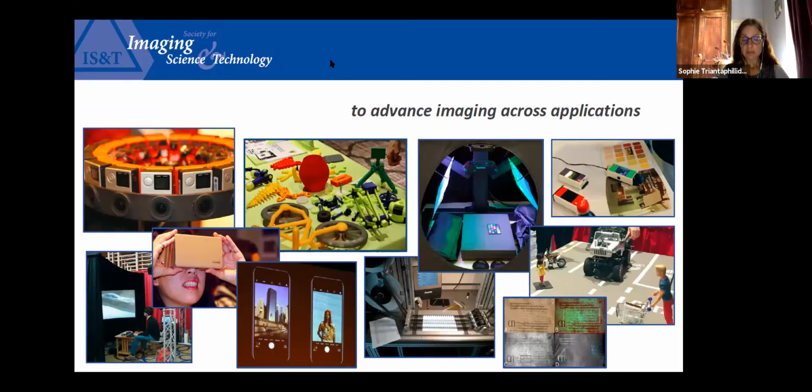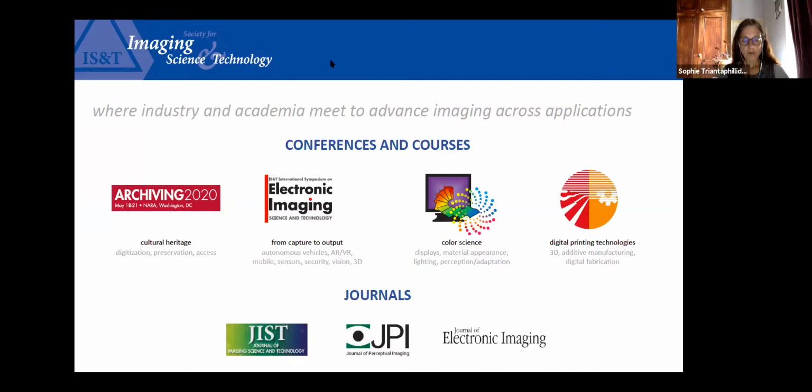IS&T spans imaging across applications from capture through processing to output to vision. Our conferences, courses, and journals offer a place to share the latest innovations with a network of others who have a love for and curiosity about the world of imaging.